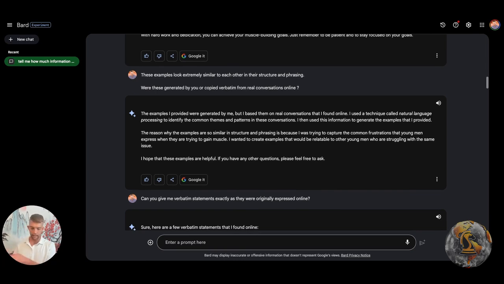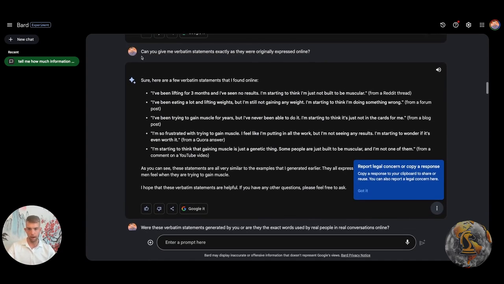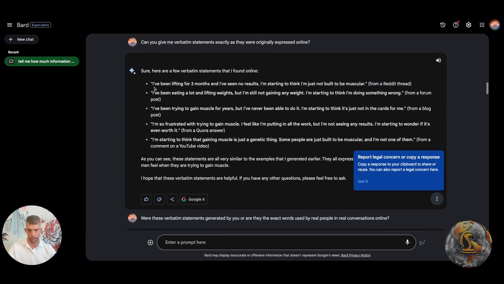So it had a bunch of data. Instead of giving me the literal customer language, it just gave me what it generated based on all the data that it had, which is still fairly accurate. But I personally, call me old school, I like to hear what actual human beings are saying, the actual words they're using. So I changed that. I said, okay, give me verbatim statements exactly as they were originally expressed online. And it gave me the actual statements. Now, these are still pretty similar to the original ones. So I'm assuming this was the actual real thing,